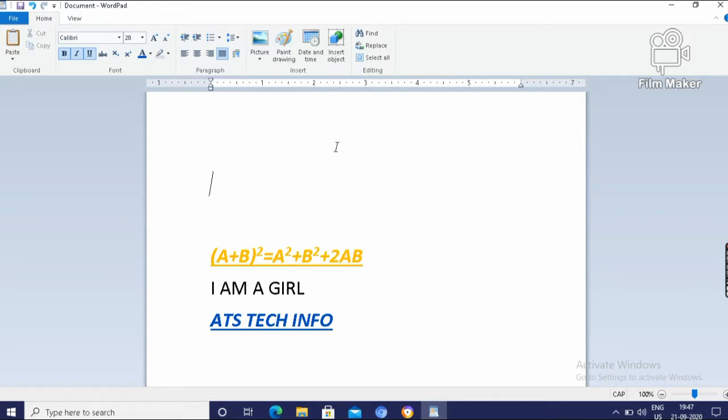Justify means left plus right. And here find, replace. For find, the shortcut key is Control plus V, and for replace, the shortcut key is Control plus H. This is all about your WordPad, and in the next video I will elaborately explain other applications of WordPad.